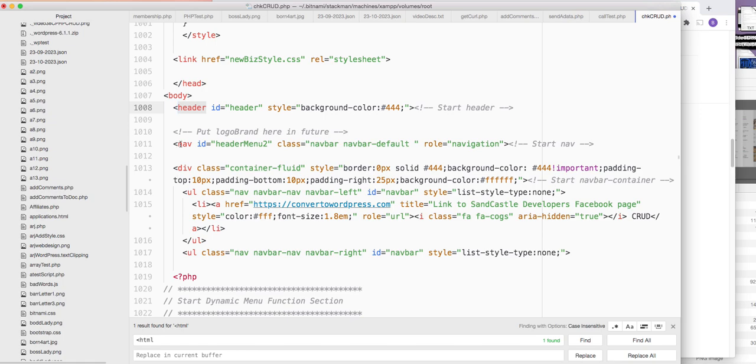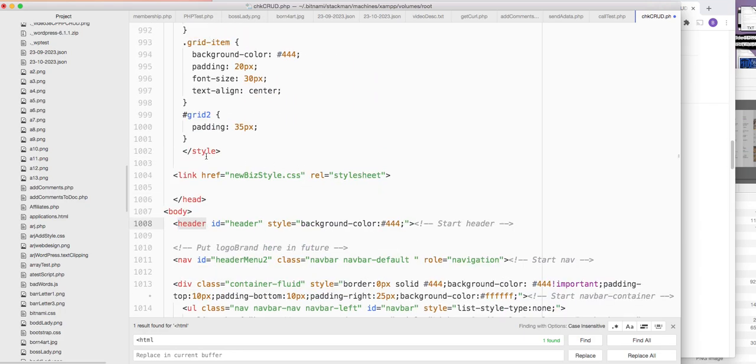Remember I told you that within the container you can actually, instead of having it out here,